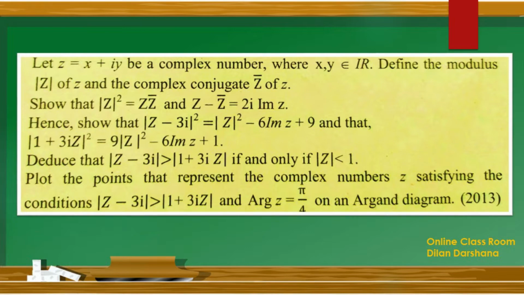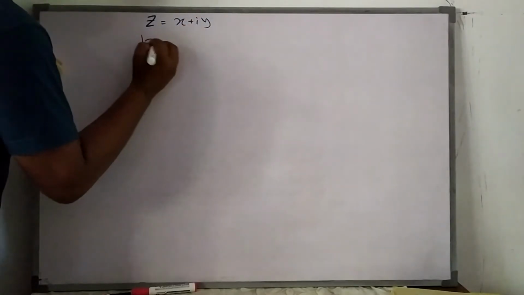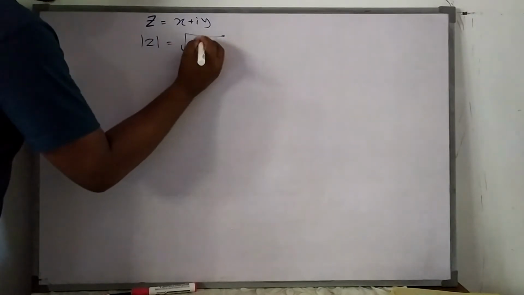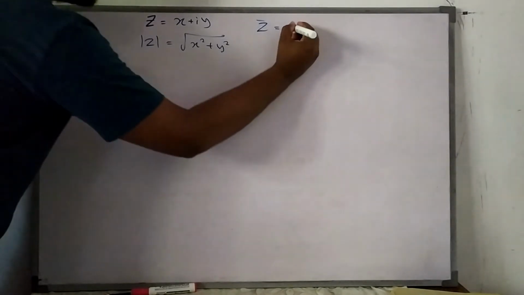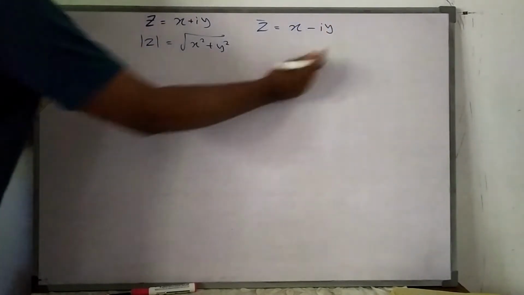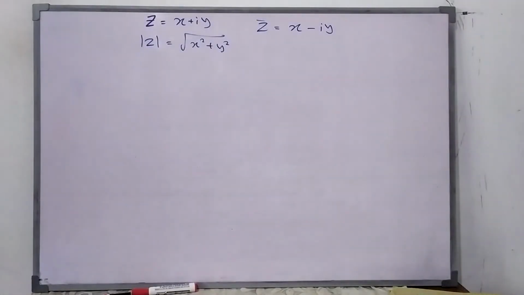So z is x plus iy, no? So the modulus of z will always be the square root of x squared plus y squared. The conjugate z bar is x minus iy. So these are the definitions in our lesson. And also after that, what they ask,